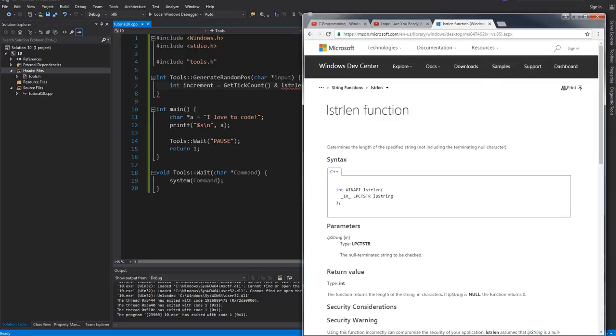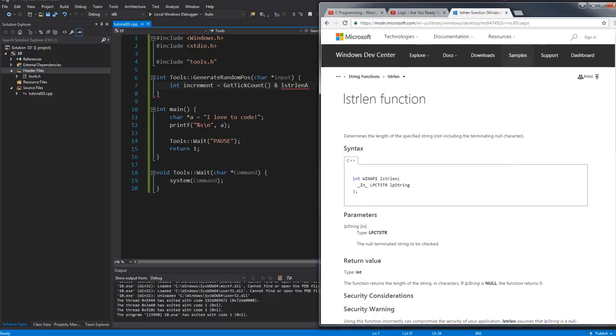So lstrlen, as you can see on the MSDN page again, determines the length of the specified string, not including the null terminator character. Okay, so remember the null character, which is the null terminator at the end. As you can see here, lstrlen is an integer data type function, and it takes in